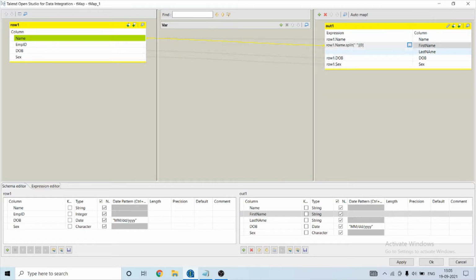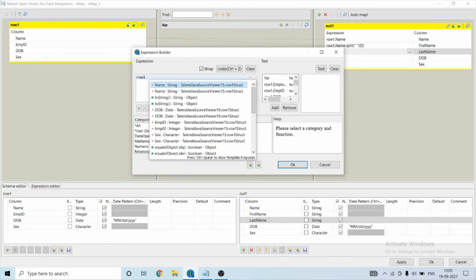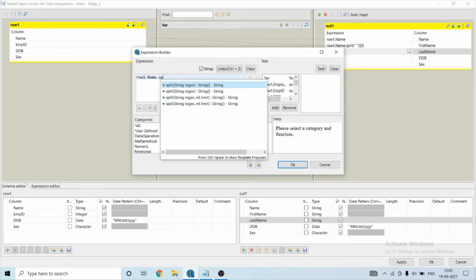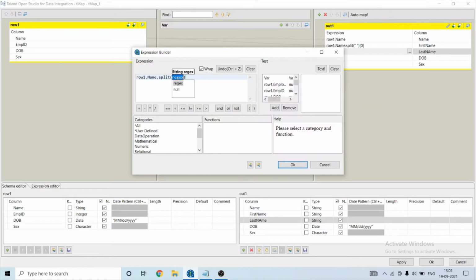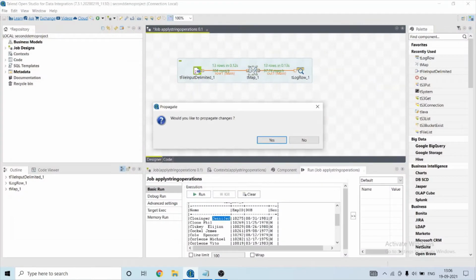Similarly, I will perform the split operation on the same column name, but for the last name, I will take the first index value. So let's click on apply and run it.